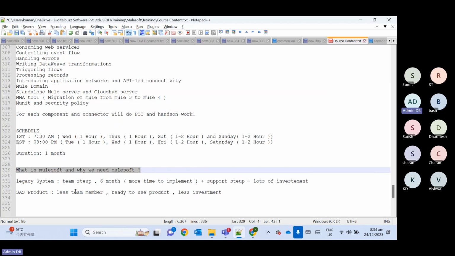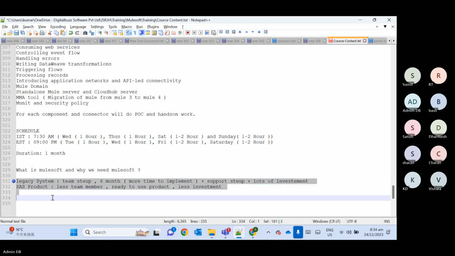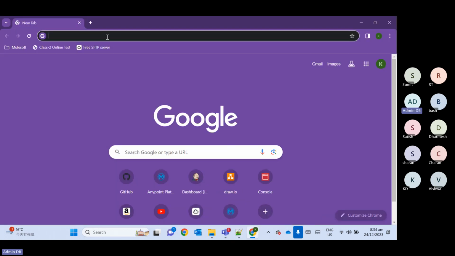Before starting this, we need to have an idea of legacy systems and SaaS products. I hope everyone is clear with these two terminologies. Now I will explain what MuleSoft is and what the need of MuleSoft is. Does anyone have any doubt on these two parts? Okay, no. Then